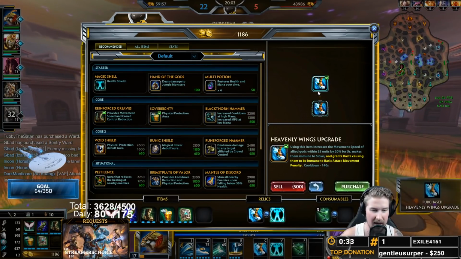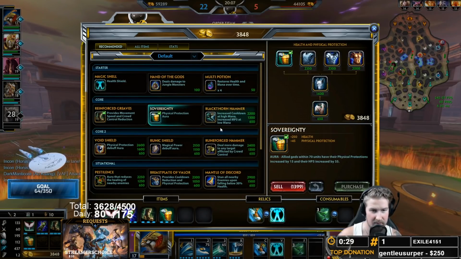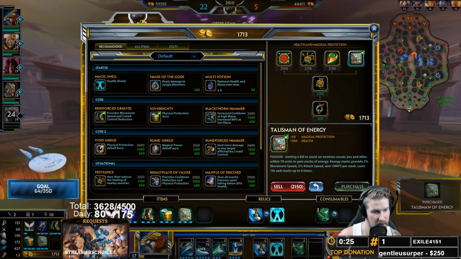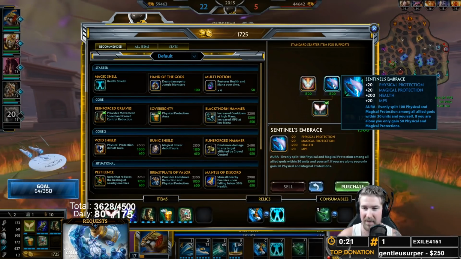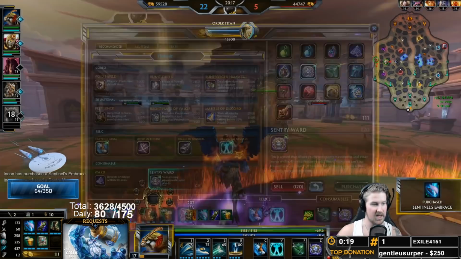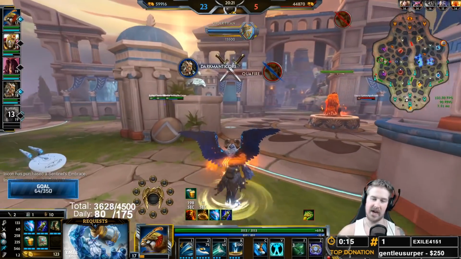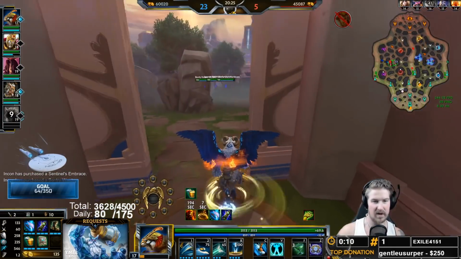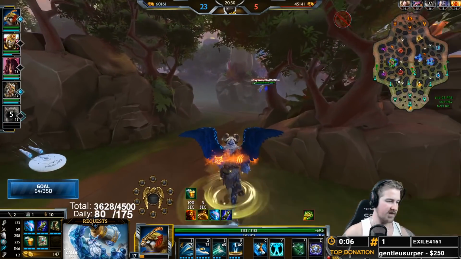I'm also going to not rank up my Heavenly Agility because I can afford to get my Sentinel's Embrace as well with my Talisman of Energy. So instead of ranking up my Heavenly Agility here, I'm going to grab my Sentinel's Embrace to give out those protections. So now we've got the protections from our Thebes, the protections from our Sovereignty, and the bonus movement speed and attack speed from our Talisman of Energy. We are giving out so many protections. We are extremely tanky. We have a bunch of HP,